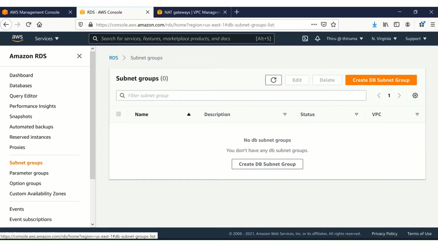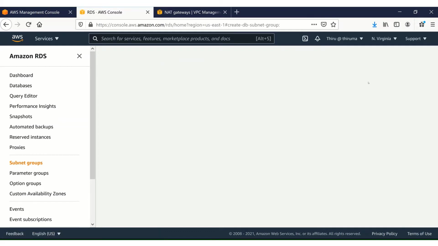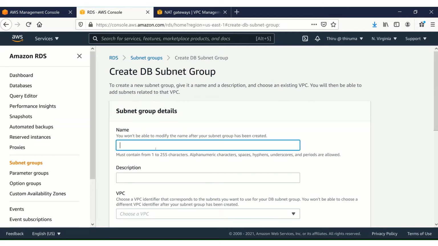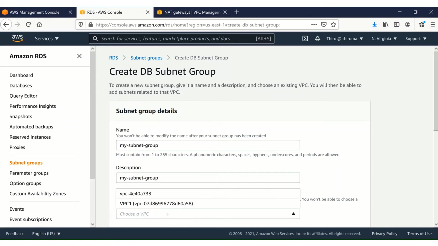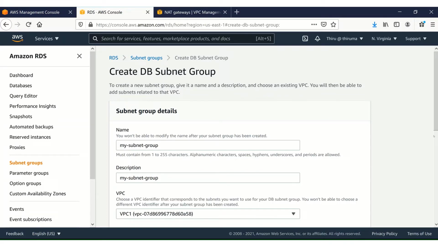So we have already created 2 subnets for our database layer, the private subnets 5 and 6, so we can use that here. Let's create the DB subnet group. I'll just name it my subnet group. Use the same as the description. Select VPC 1,